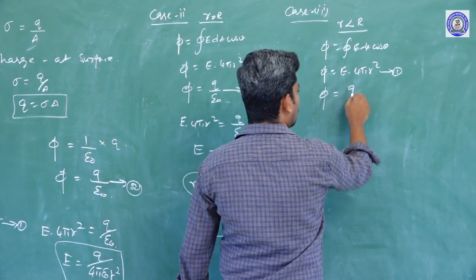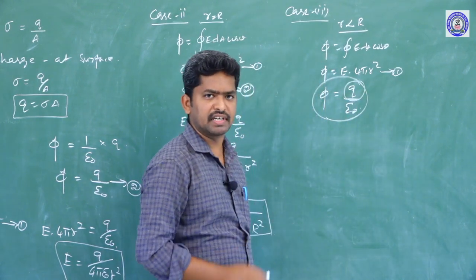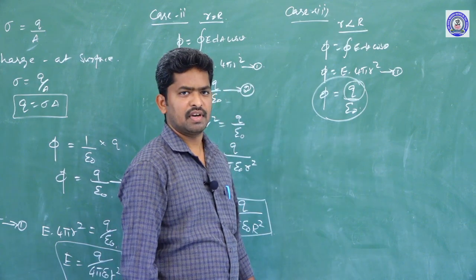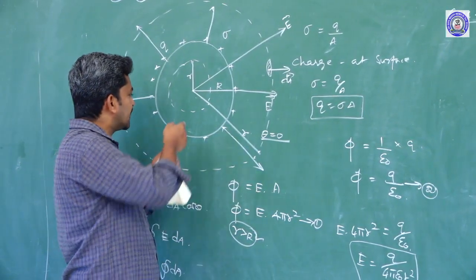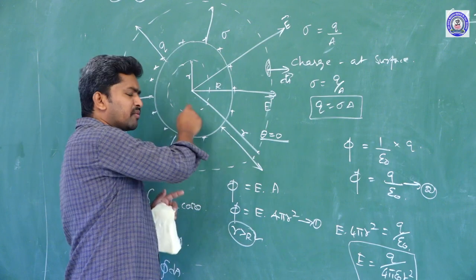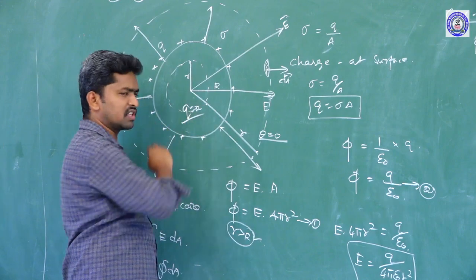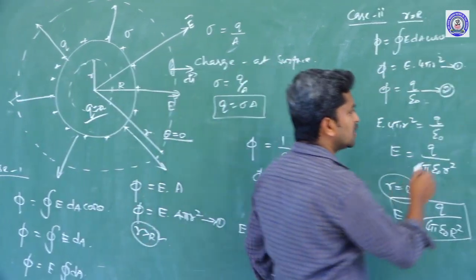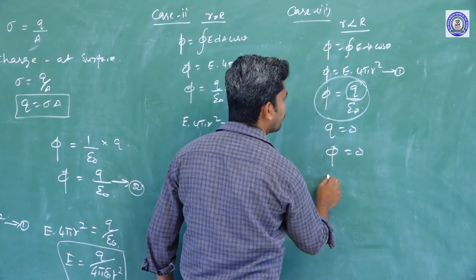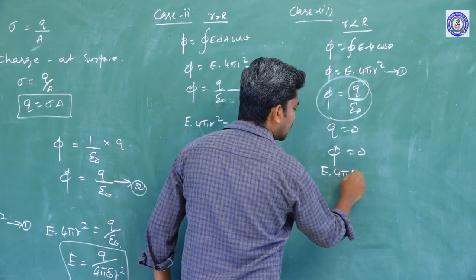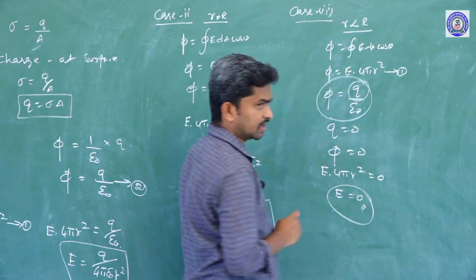According to Gauss law, phi is equal to q divided by epsilon naught. Here, the net charge inside of the sphere is 0 because, listen, very important, the charges introduced inside the sphere recede away from the center and reach the surface of the sphere. Net charge inside of the sphere q is equal to 0. So, phi is equal to 0, and E 4 pi r square is equal to 0, and E is equal to 0 inside of the conductor.